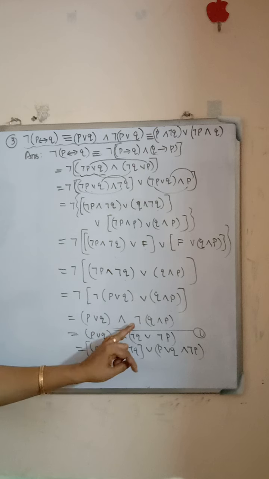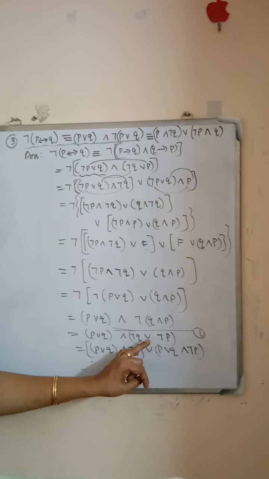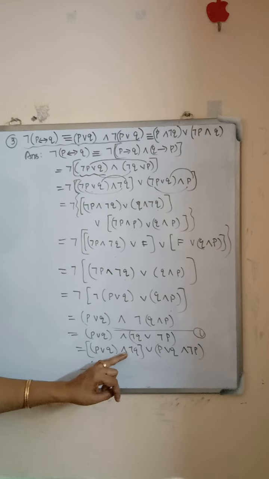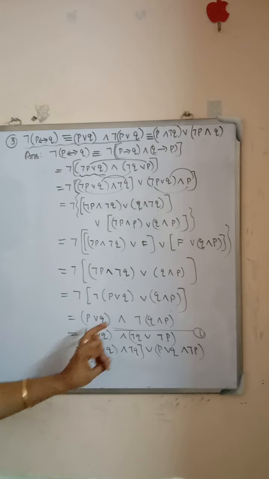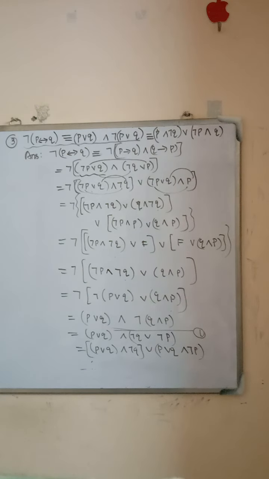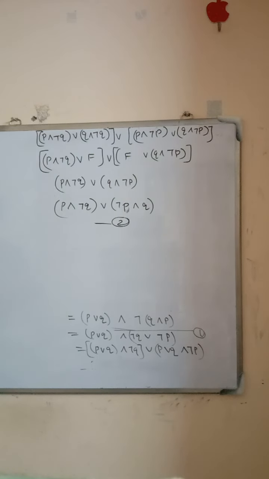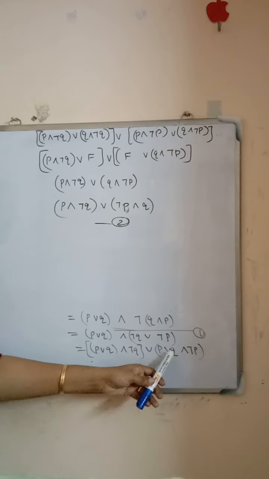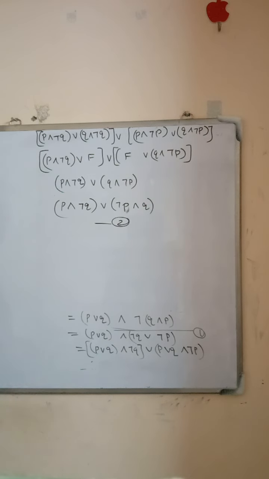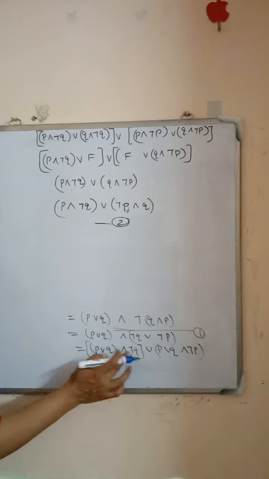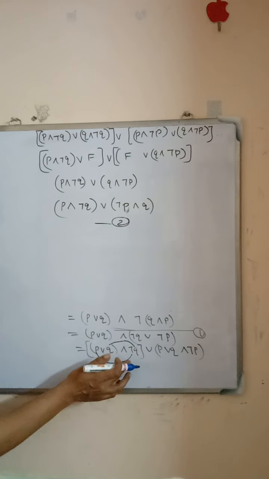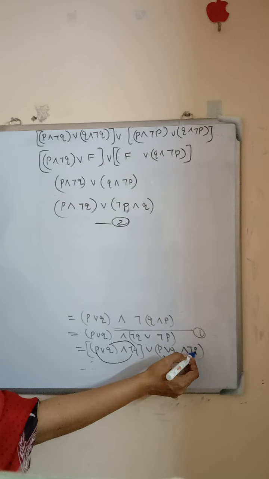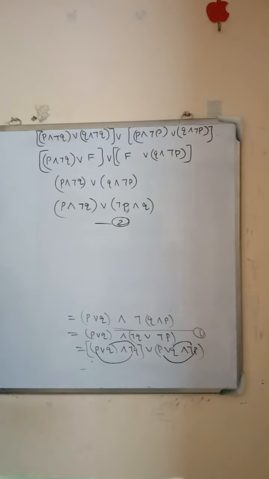Now we move to prove the second equality. P or Q, and applying De Morgan's law, it is negation Q or negation P. That is applying the distributive law here, P or Q and negation Q, or P or Q and negation P. Here we get P or Q and negation Q, or P or Q and negation P. Applying the distributive law here, P and negation Q, or Q and negation Q. Or here also apply the distributive law, P and negation P, or Q and negation P. That's this step.